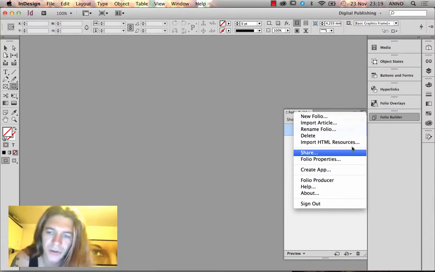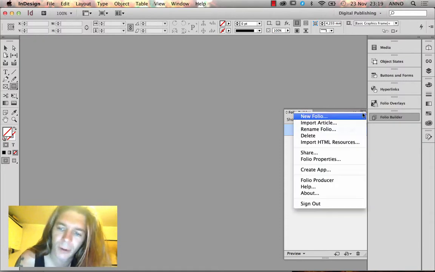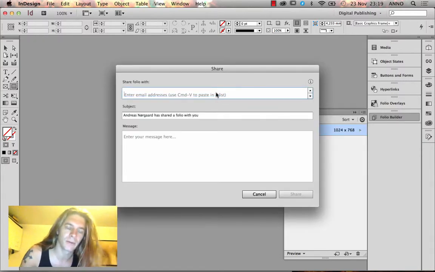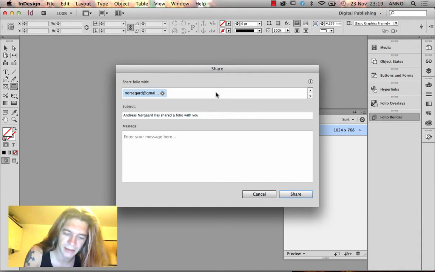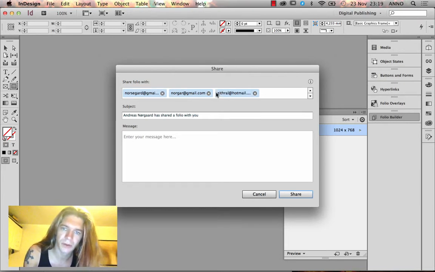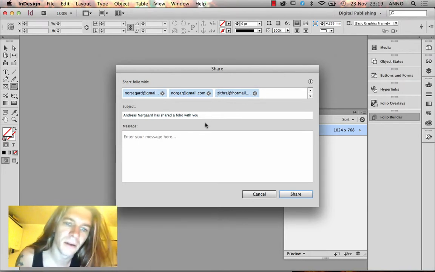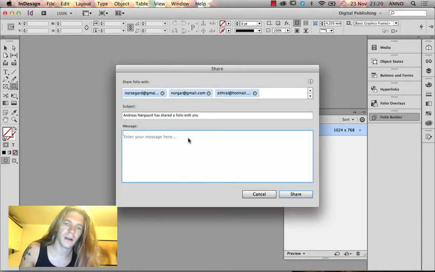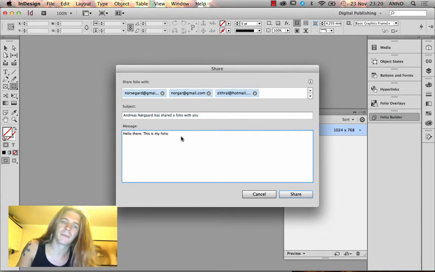So you can go inside of the foldout menu, click share, and in here you write whatever Adobe ID, whatever email has an Adobe ID attached to it. If you write it to a mail which does not have an Adobe ID attached to it, that user will not get anything. So you can write a message if you want. So, hello there, this is my folio,